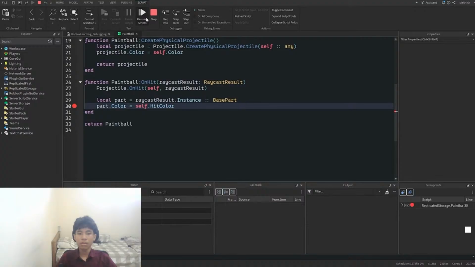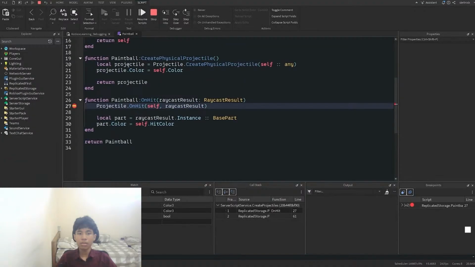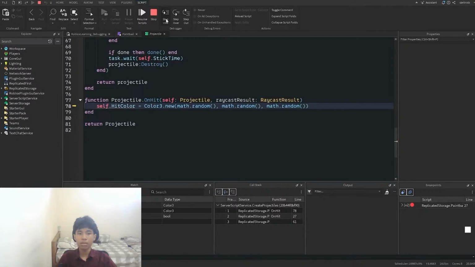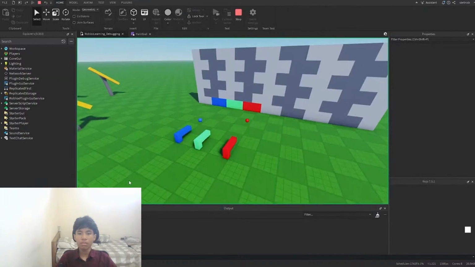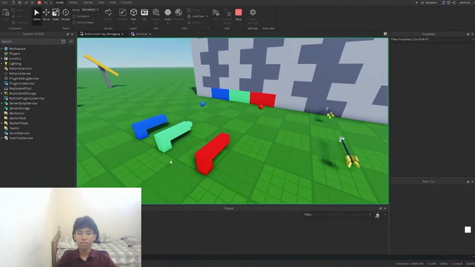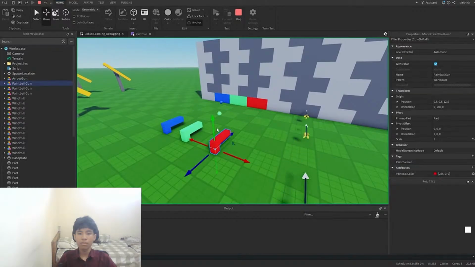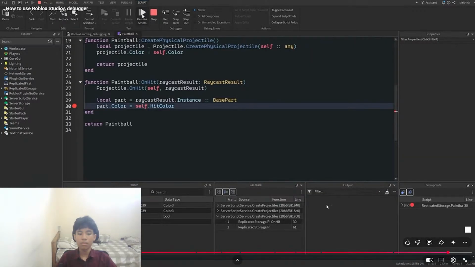Okay, let's try running this again, but we'll step through the function. When we step into the projectile.onHit function, we'll spot the problem. The base class is overriding our hit color variable. Let's get rid of that line and try again. Great, now it works again. While that example is a bit contrived,